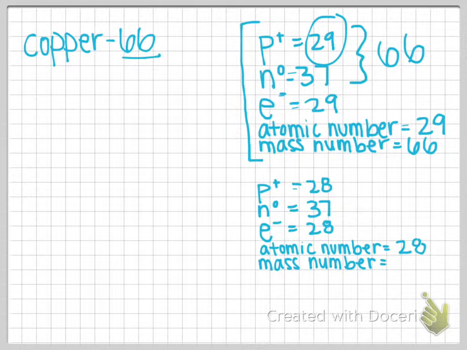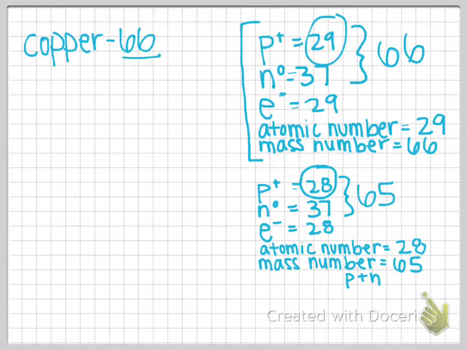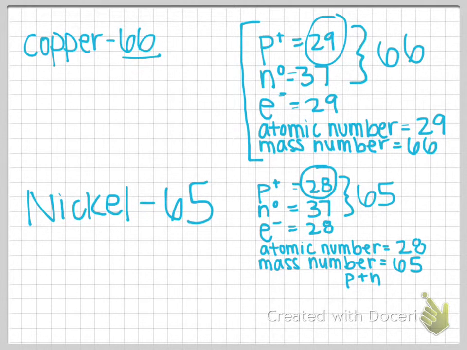Your mass number is your protons plus neutrons. So we've got 28 plus 37, that's going to be 65. And so our mass is 65. We've got 28 protons, so we need to find what element has 28 protons. It is nickel. So your element is nickel, and it has a mass of 65, so it's nickel-65. And that is all your information. Now just remember, another way to write these